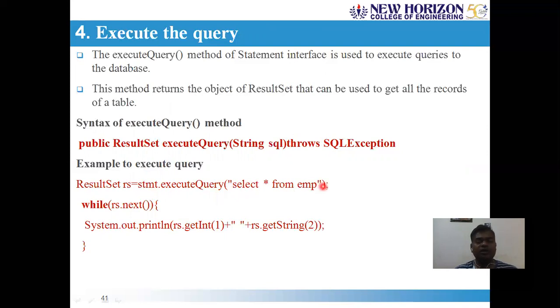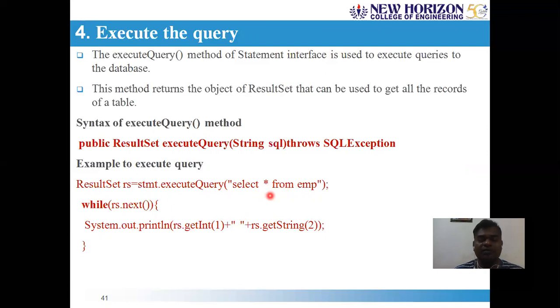Within a pair of double quote marks, you are writing the query as select star from employee, and this results in the execution of the query in the DBMS, and your DBMS returns the results to the caller.